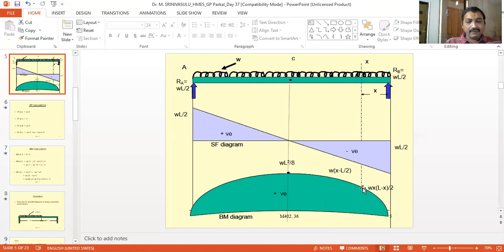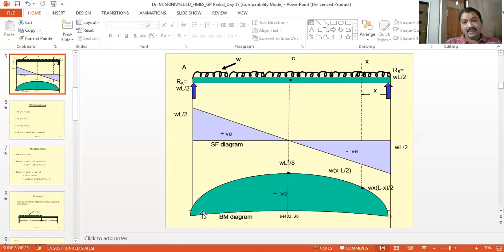Now we have got the points, but what is the shape of the curve? Because it is a UDL acting, the general equation W into x into (L minus x) has a W into x square term. So W into x square term is a parabolic term. Therefore, we have to join all the points with a parabola. So this is the shape of the curve, and the area under this curve will represent the bending moment